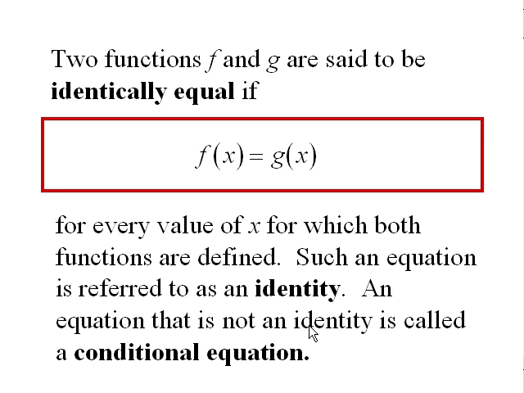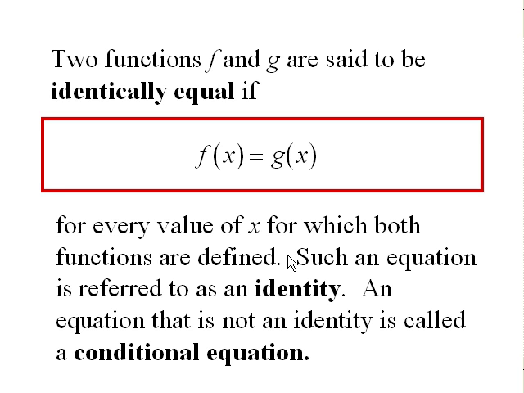Sometimes you'll see identities in algebra. When you try to solve an identity like you would solve an equation, what happens is everything goes away. You end up with 0 equals 0 or 1 equals 1, something that doesn't specify a particular condition on x for it to be satisfied. That's a bad thing if you really want to get your hands on a particular x that works, but it's a good thing if you are observing that two sides of the equation represent the same values.